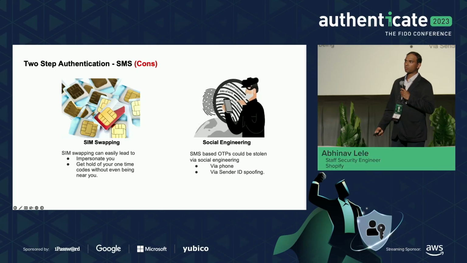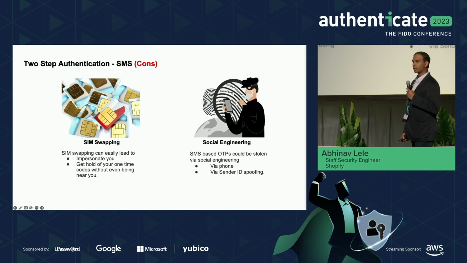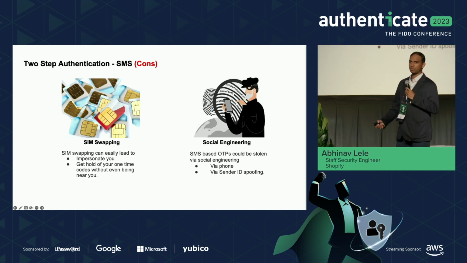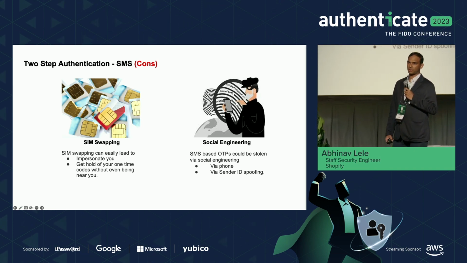One of the most common things, which in the talk earlier where Air New Zealand was rolling out MFA using passkeys and other things, they talked about SIM swapping. SIM swapping is very common, and it's very easy to take your SIM, and then somebody else gets it, they get the OTPs, and you don't even know that they have your OTP. You sleep one night, the next day your phone coverage is gone, and they can get everything.